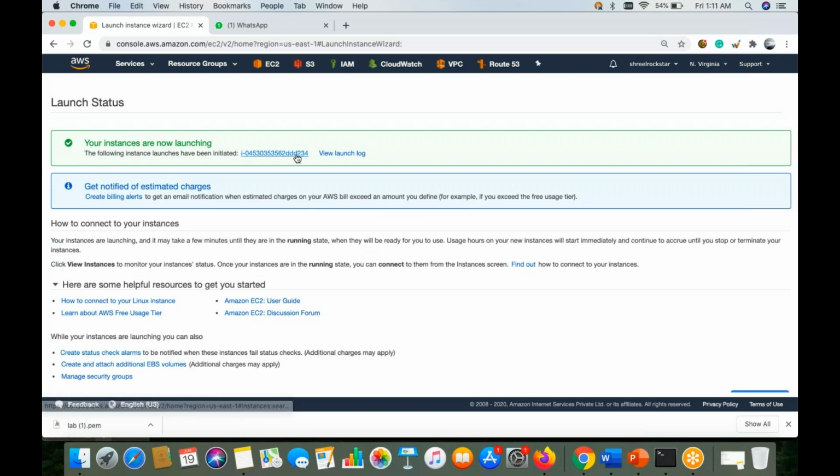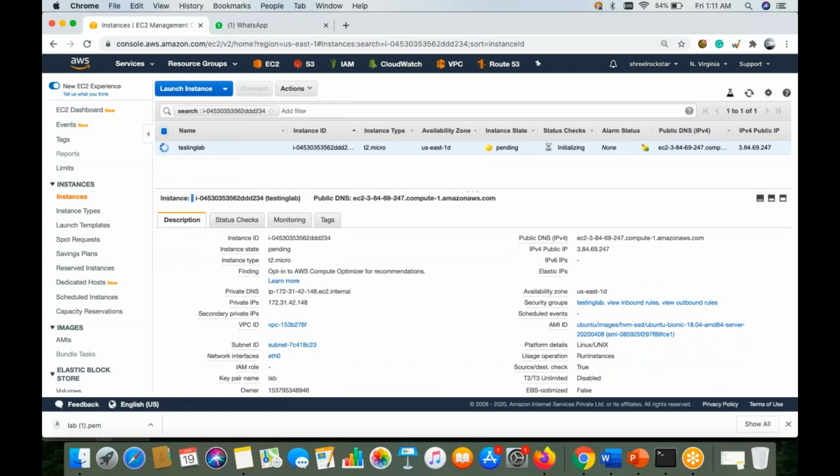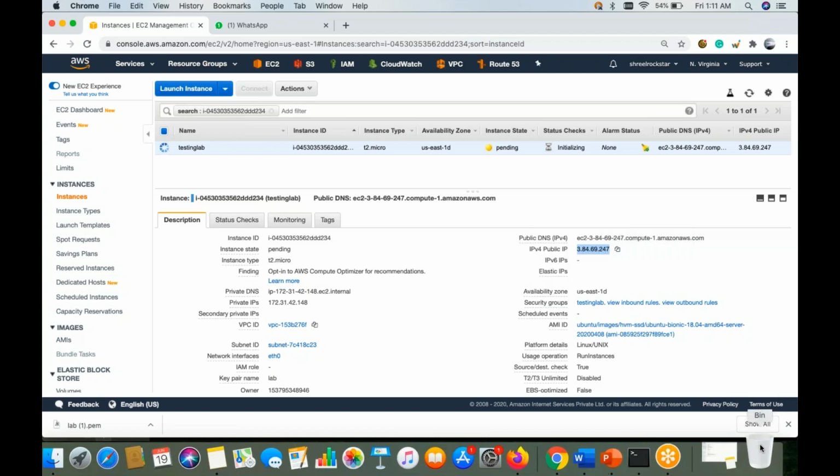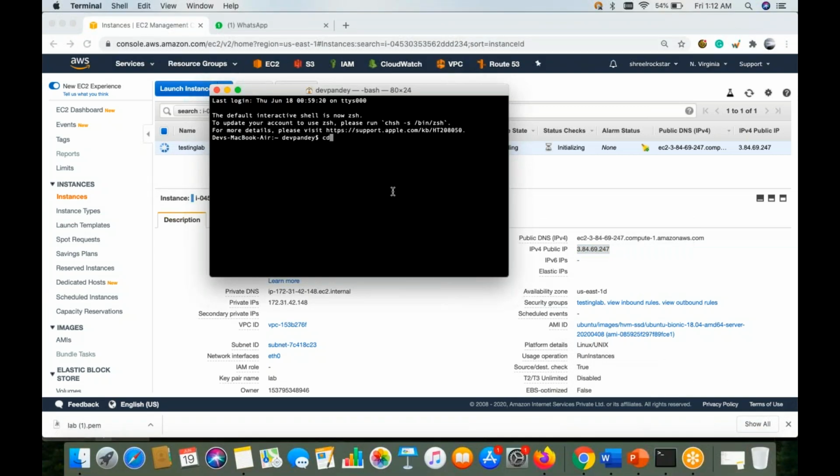Right, so let's click on launch. You got the instance ID. Your machine is about to be created. Right now, you can copy the IP address. You can either use the DNS name or use the public IP. That's it, similar. Now go to the terminal, and I'm going to my location.